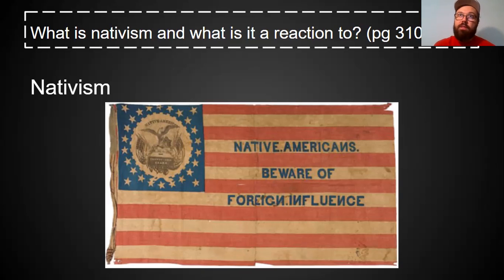I mean, you saw the Alien and Naturalization Act by the Federalists in the 1790s. You see this very strong anti-Irish immigrant sentiment coming about in the 1840s. We will see another wave of anti-immigrant sentiment coming about in the 1890s, also in the 1800s, a lot of anti-Chinese sentiment on the West Coast. It's just something that every once in a while rears its ugly head.